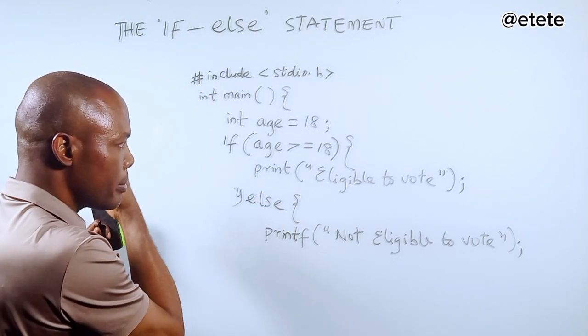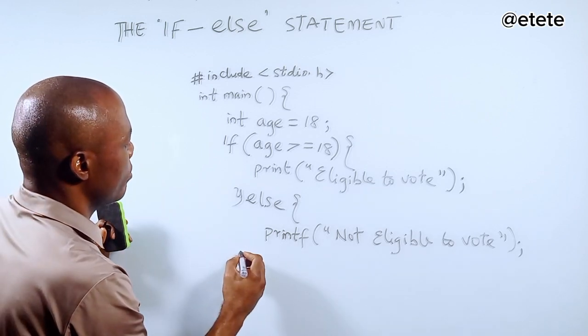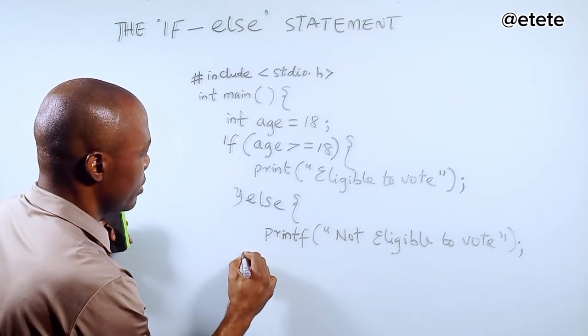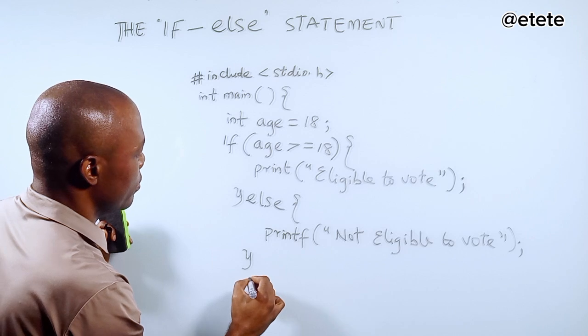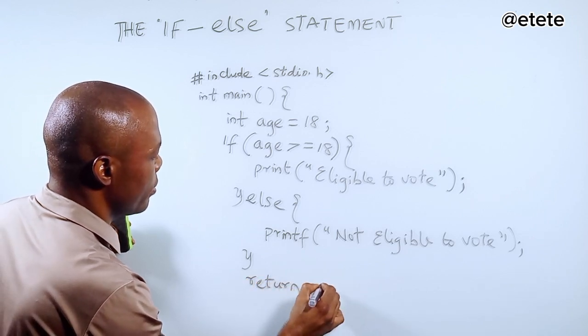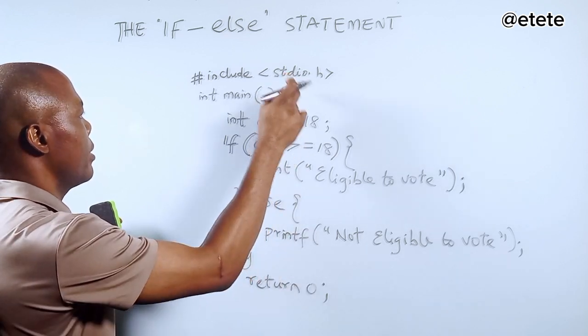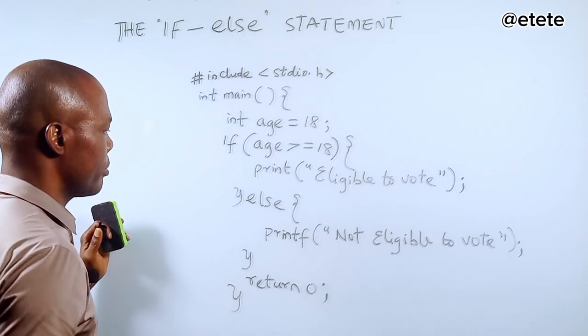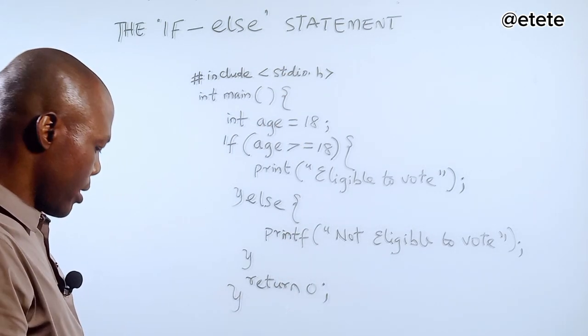Then we'll close this, and then we'll say return 0, right? Then we'll close this one. Okay, so